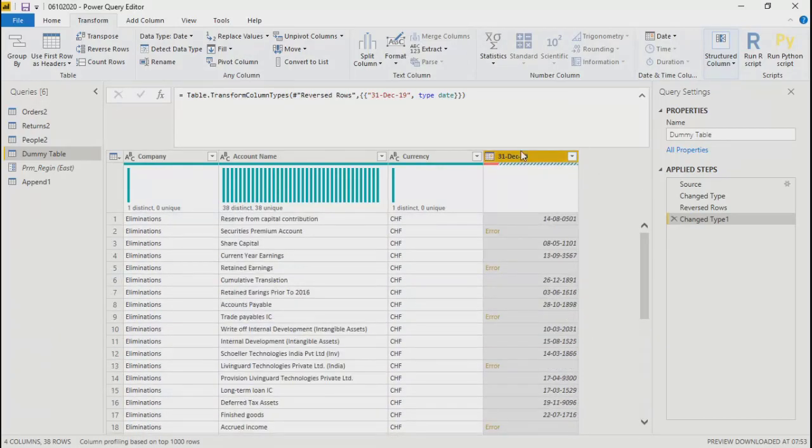Maybe just the header is a date and the remaining fields are numbers only. Are you getting my point? This field will not be a date. Only the header is the date, 31st of December 2019. These will be the values, or the amount in that particular month. So I'll change it back to whole number.